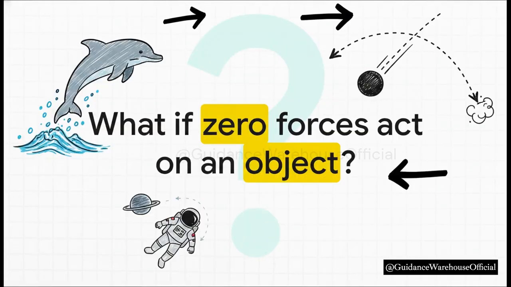Which leaves us with one final, totally fascinating thought to ponder before our next explainer. We now know that a net force causes a change in motion, right? It makes the dolphin jump. It makes the cannonball fly. But what happens to an object's motion when absolutely zero external forces are acting upon it? Does it stop? Does it just keep going forever? Well, the answer to that question reveals the incredible mystery of inertia, and that is exactly